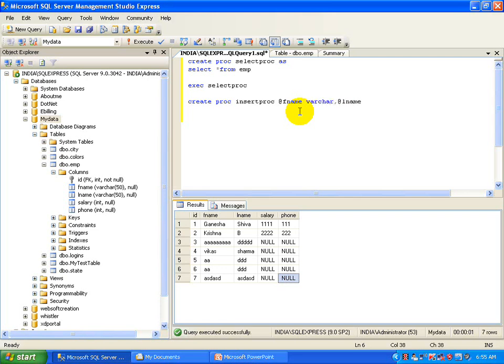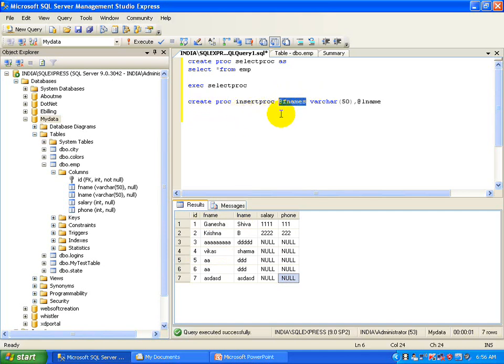We can write them ourselves, like I am taking here varchar 50. We can write here F name. It is not necessary that we should mention everything we have filled in the table; these are user defined variables.